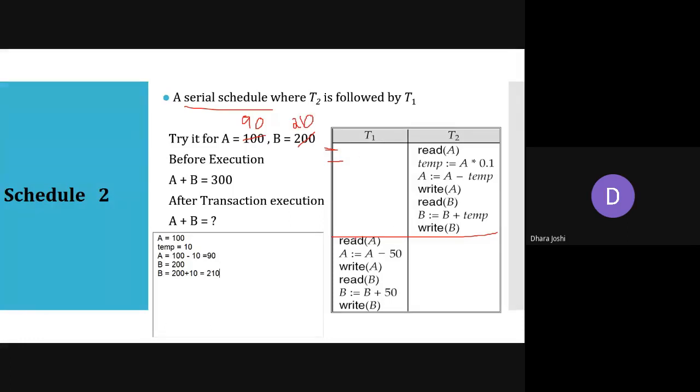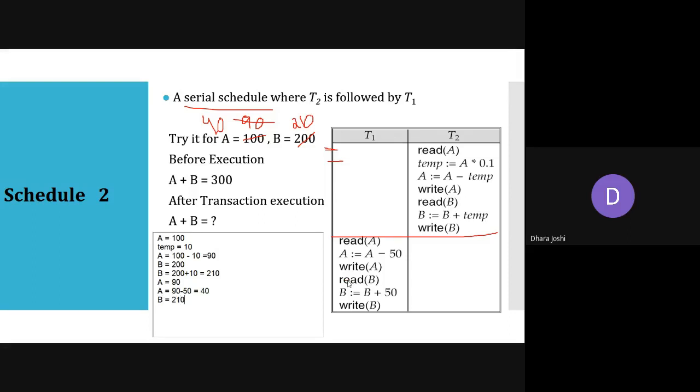Okay. Now we are starting with T1. It will read A's value. Now the database has A value as 90. Then it will deduct 50 from 90. So the value will be 40 and we are writing this 40 to the database. Now it will read B's value.